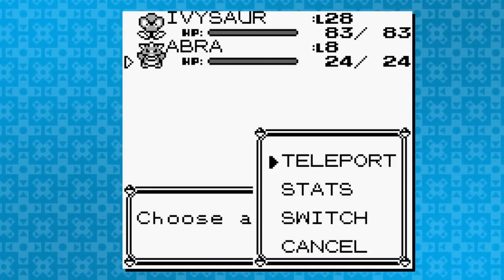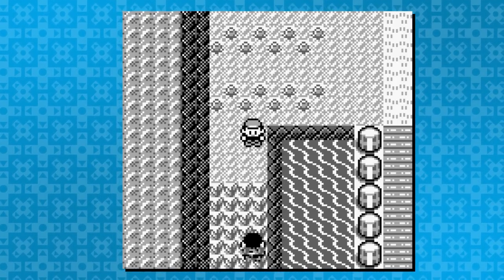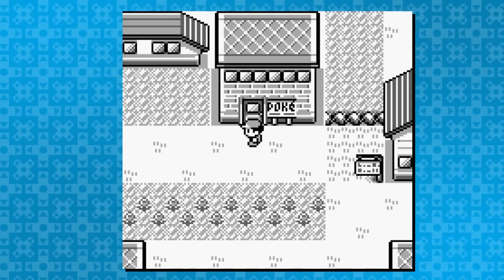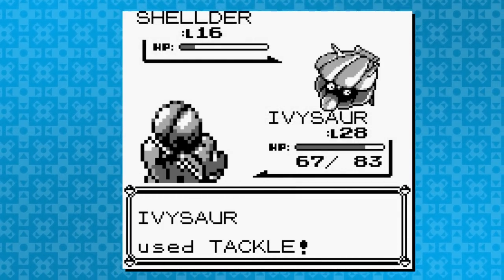Walk down and open the menu at the same time. I did this by simply pressing the start button a moment after pressing down on the D-pad. From here, use Abra's teleport. After teleporting to the Pokemon Center, go and fight the first swimmer in the Cerulean Gym. Once you've won,